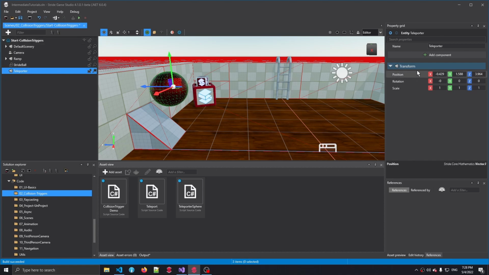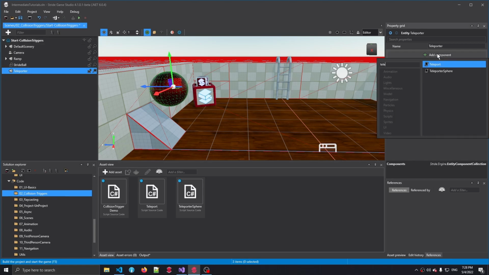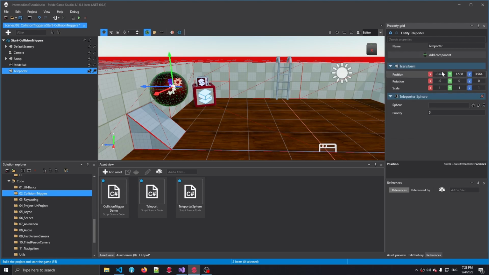And then here on our teleporter, all we need to do now is say teleporter sphere. This is the one we just made, and that's the one that already existed for the completed scene. And now all we have to do is link in this sphere. I called it stride ball. And if we run our game,